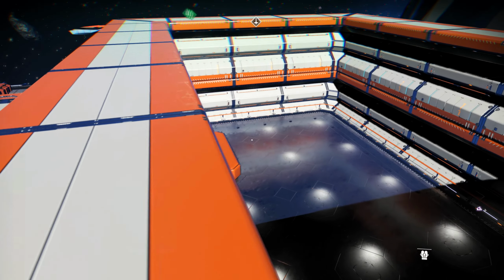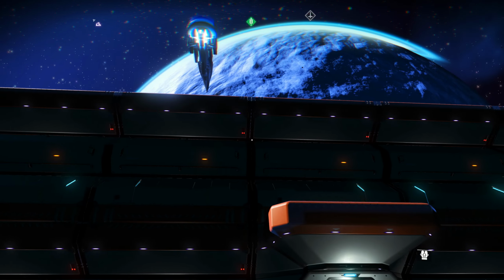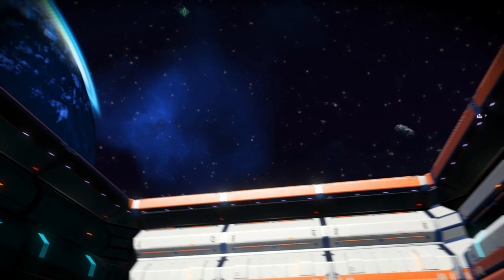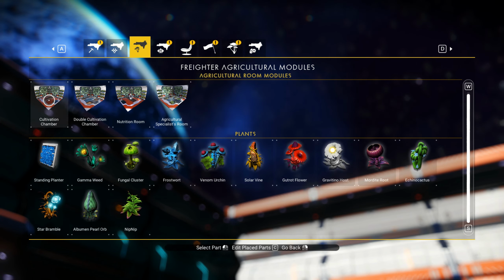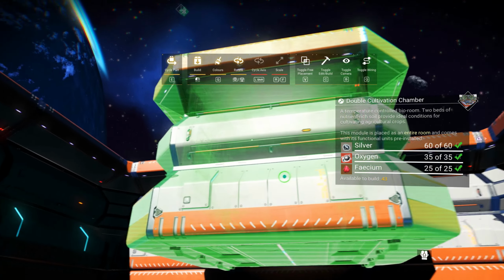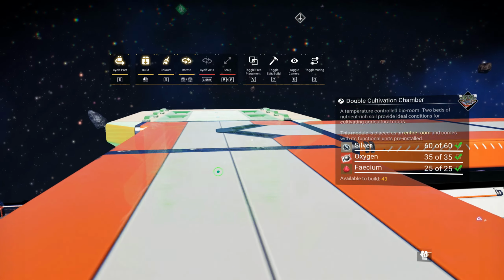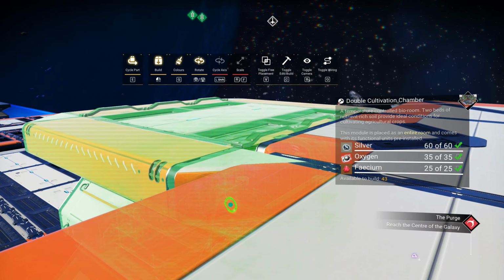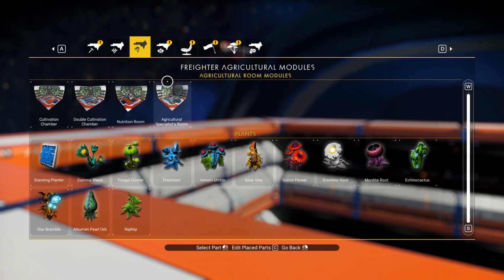Here we go. So what do we do for the roof? Well, the roof, you can do a couple things. You can build your farm up there. You can take the farm modules, you can put them up top, and just teleport, and the farm will be up here. So that's one easy thing that you can do. The other thing that you can do is